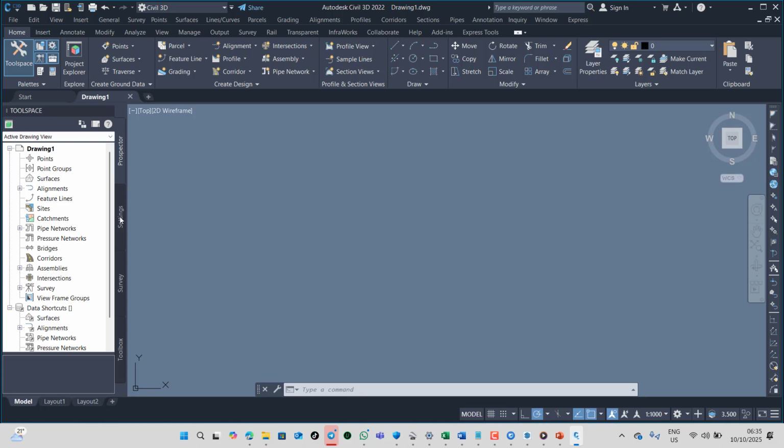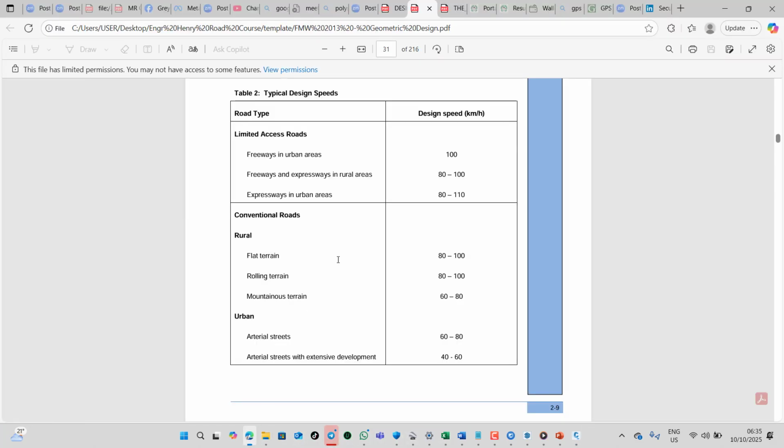Mind you, we have established the basic design speed we want to use earlier on. There are a whole lot that you need to put into consideration before adopting your design speed, but that is already going to be provided for you. Everything is based on Federal Ministry of Works, right? Now, this helps us to see